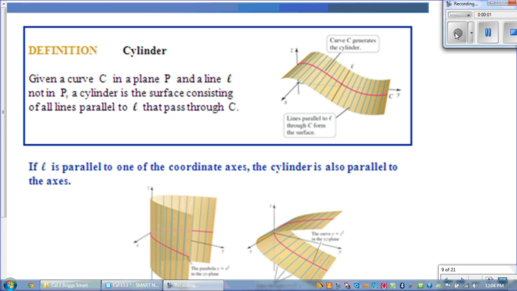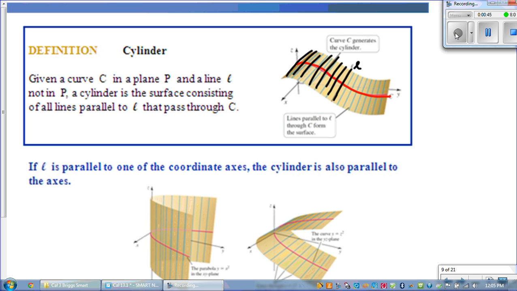The term cylinder has a specific meaning in everyday use. When we use the word cylinder when it's related to three-dimensional surfaces, it has a specific meaning. Given a curve C in the plane and a line L that's not in the plane, a cylinder is the surface that consists of all the lines parallel to the line L that pass through the curve C. So take all lines parallel to L that go through the curve C, and that graph will be